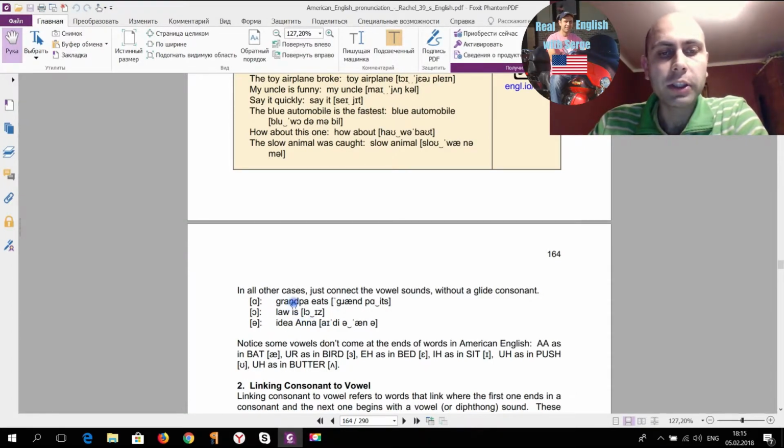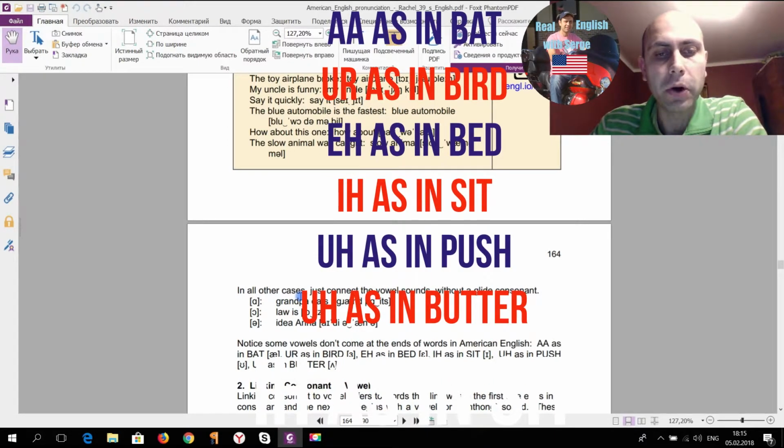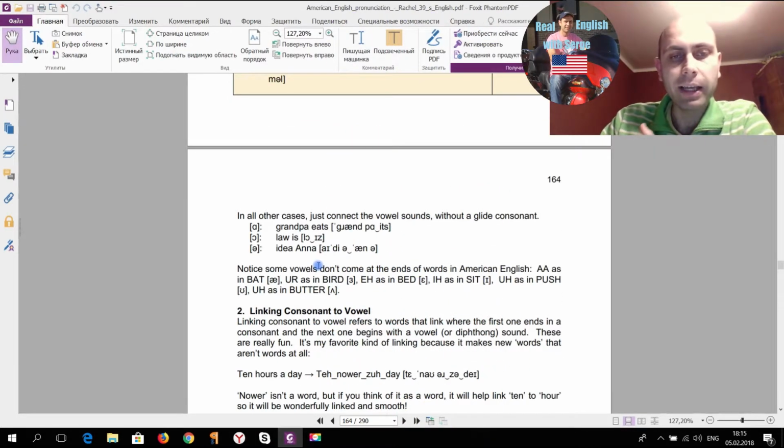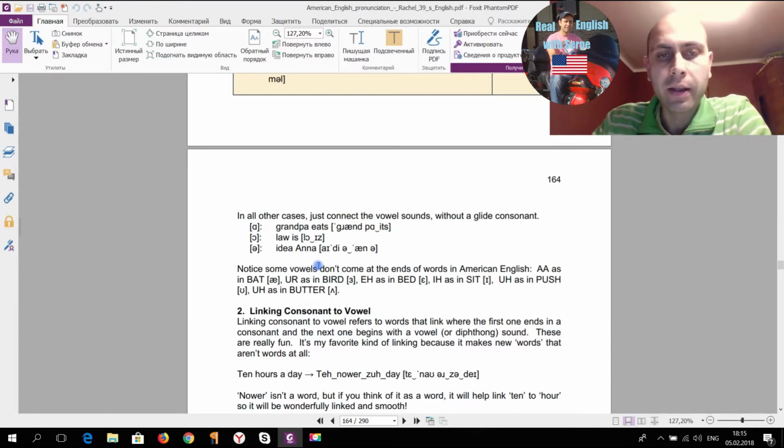And some vowel sounds don't come at the end of words in American English. Those are a as in bad, er as in bird, e as in set, u as in push, and uh as in butter. So these vowel sounds never happen to be at the end of words. That's why they're not described in the rules for linking.